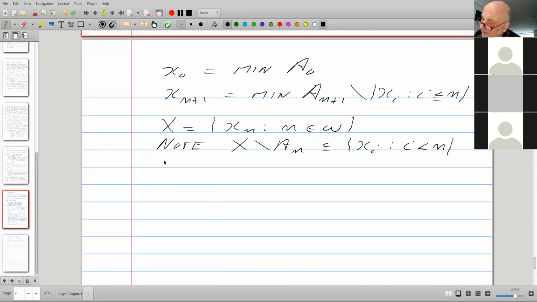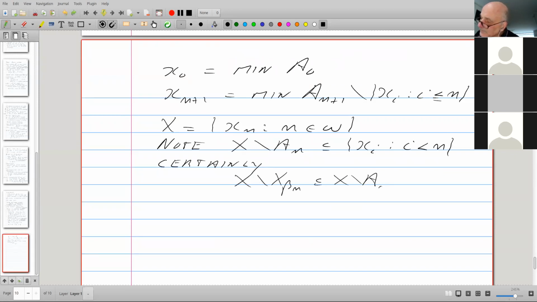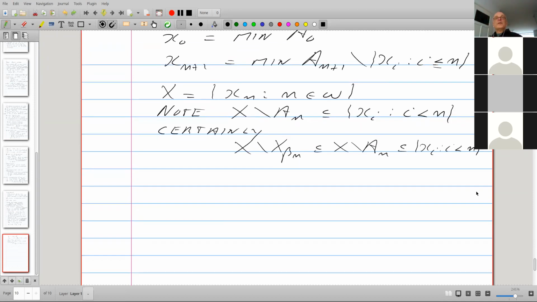And so certainly, the difference X minus X beta n is a subset of X minus A_n, that is finite.